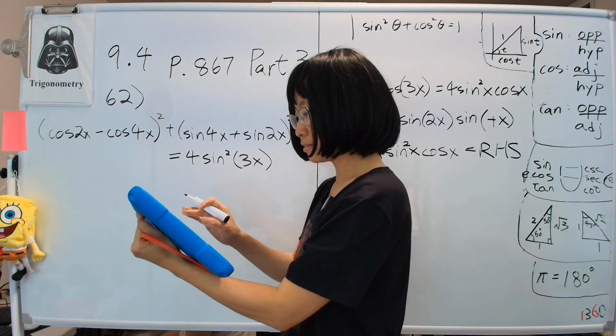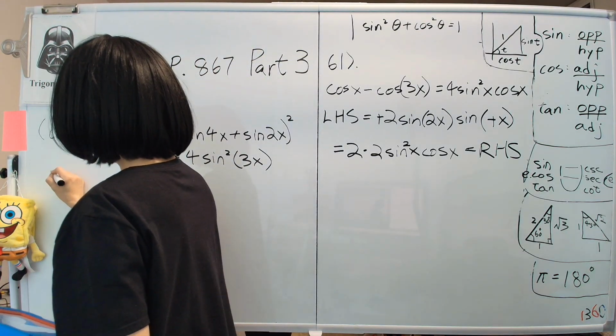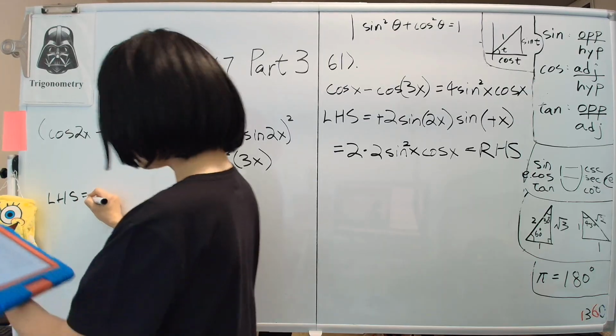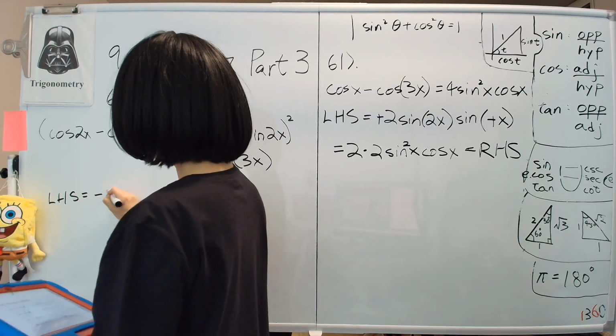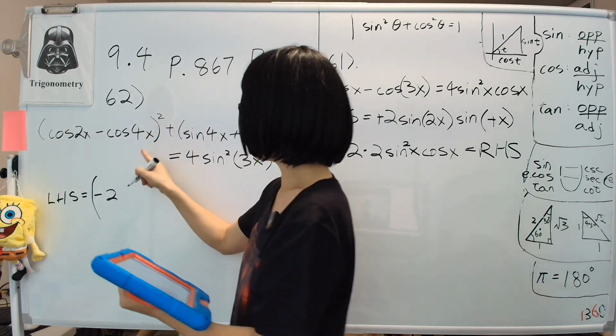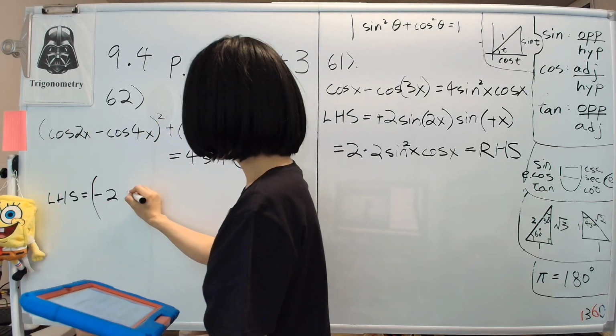So let's do that. The left-hand side equals minus 2, okay? This whole thing is in the parentheses, and it's going to be squared. So minus 2 sine